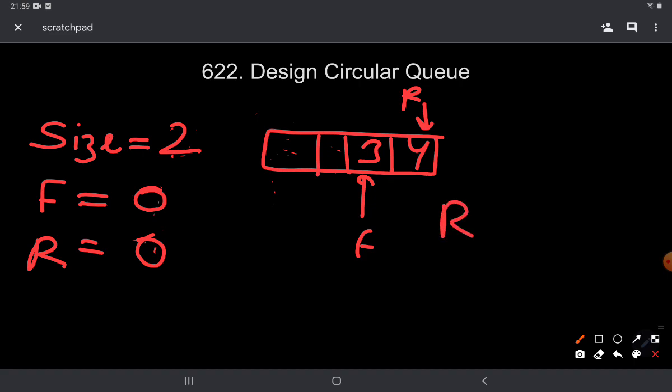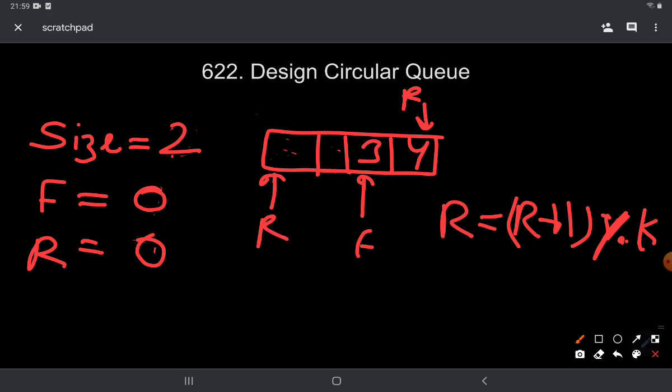My new R would become (R + 1) modulo K. This would mean that my rear pointer now starts pointing over here, and I can add a 5 over here.